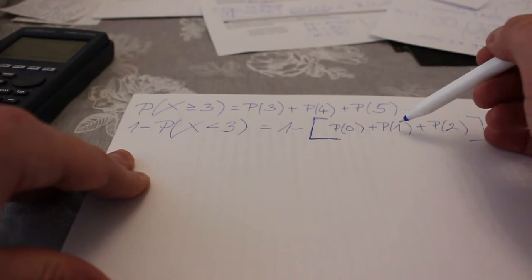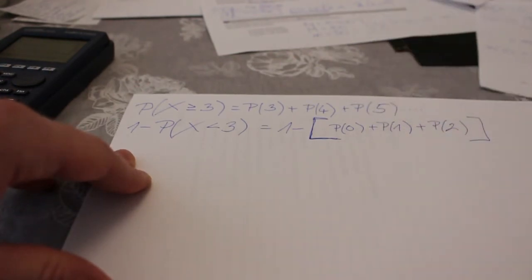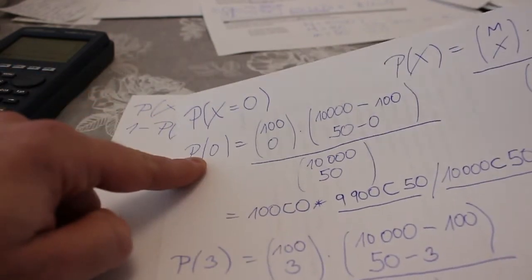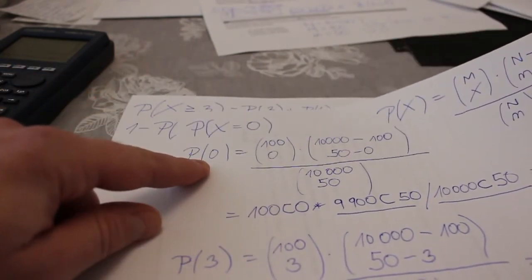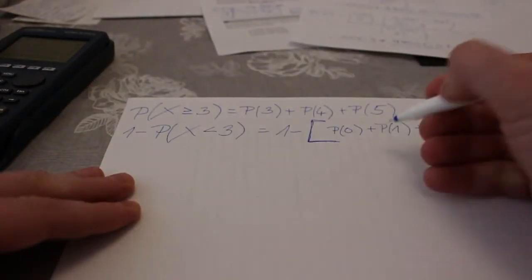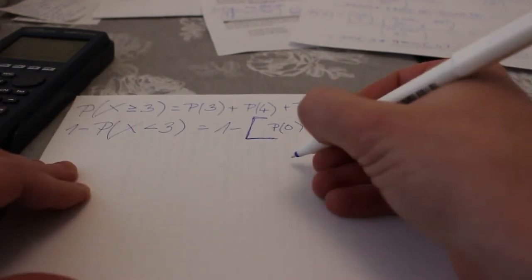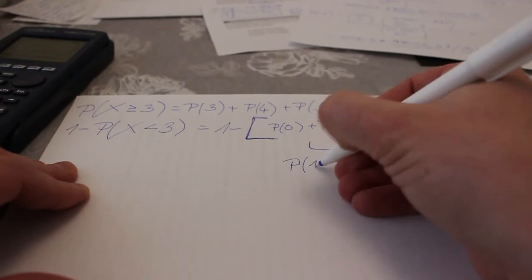So either 0 or 1 or 2. Okay, so we need to calculate probability. I will select 0 left-handed persons, 1, 2, and 3. So I am missing for this calculation probability that I will select 1